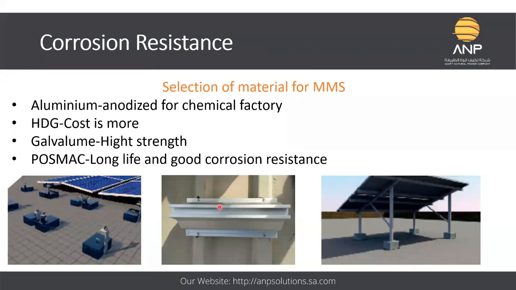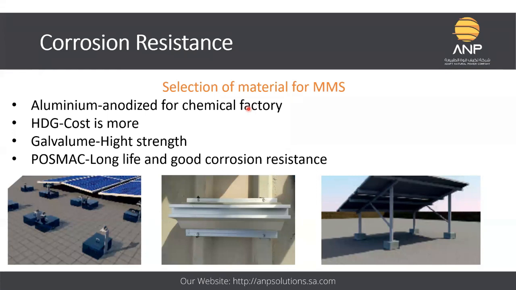Because the total weight of this structure will be less on the existing structure of the building. For example, if you are using aluminum at a coastal region or at a chemical factory, you have to take care of corrosion very much as compared to using aluminum at normal places. So if you're using an aluminum structure for a chemical factory, then you have to anodize the aluminum surface. Anodization means you'll be putting some corrosion resistant material on the surface of the aluminum structure. That will increase the resistance against corrosion.